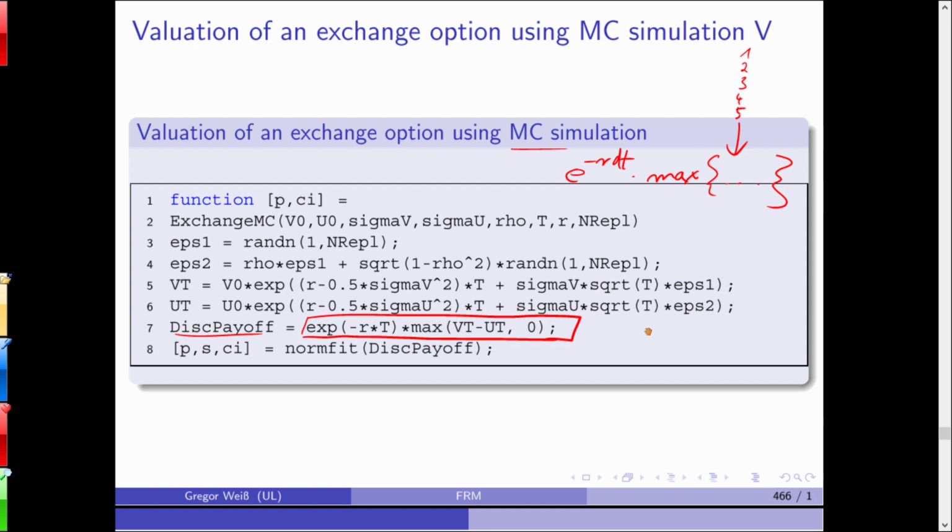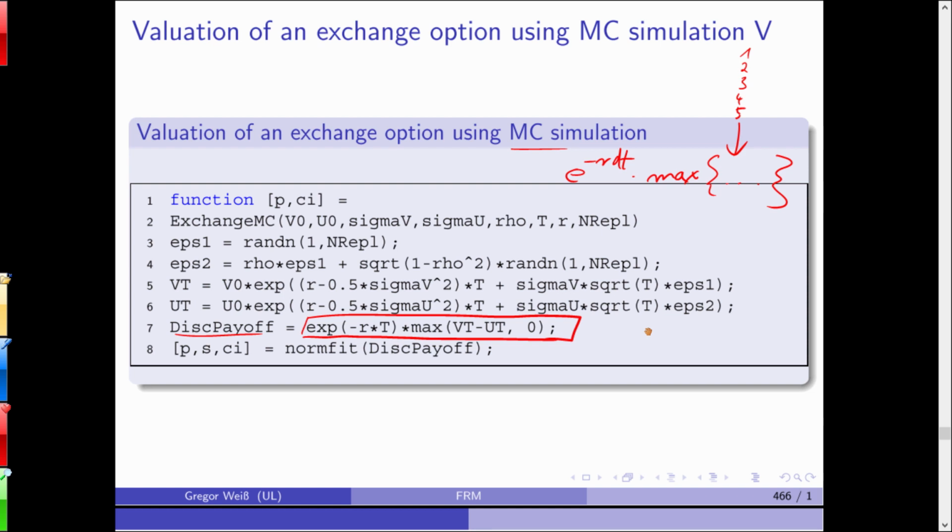And then VT and UT. Remember, we need two simulated paths from the two underlyings. And this is just what we would do for any geometric Brownian motion. We discretize it, we simulate its path, and we get VT and UT. And we only need the final value because we need to compare VT and UT to get the payout of the option. And discPayoff